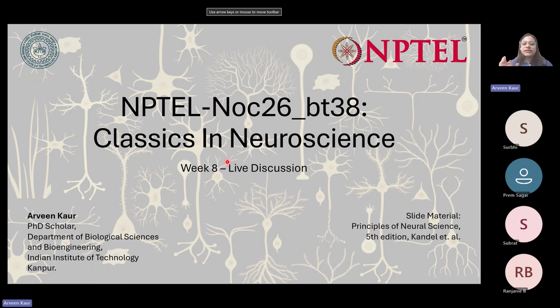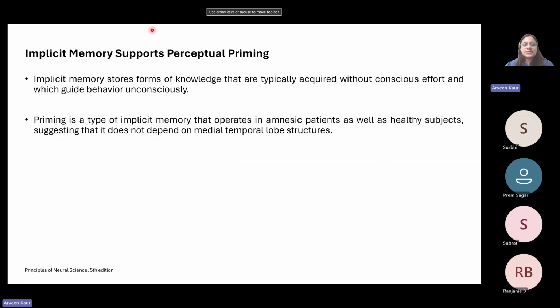So on a very superficial level, for now we have revised what is short-term memory, what is long-term memory, what are certain subtypes of long-term memory, how does storage occur, and what are the key features of this long-term memory. The brain regions that are involved in this, that part I have skipped right now. There were certain subtypes of these memories as well. That also for now I have skipped. You can go back and watch that lecture. So let us begin today's discussion.